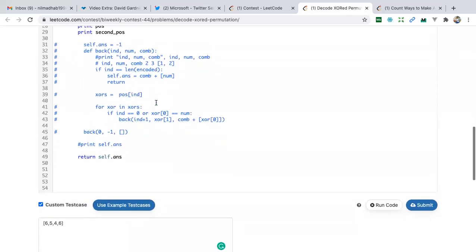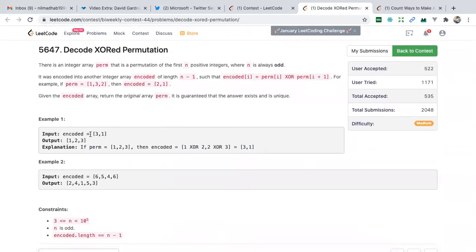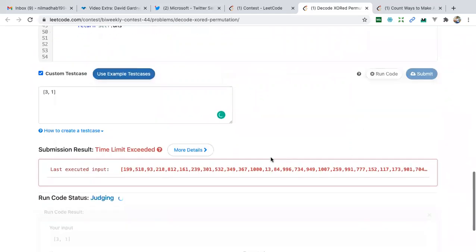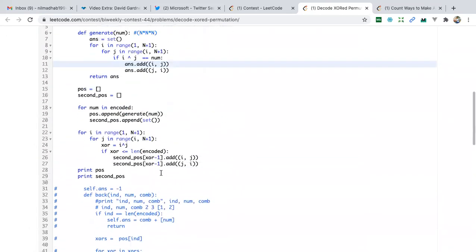Anyway, the competition has ended, so we could solve one question. Let's take the 3-1 case. Maybe we can figure it out with a small input. 3 and 1. Okay, in case of 3-1, we should get 1-2-2-1 and 3-2-2-3. But in our case, we are getting only 3-2-2-3. Okay, so I think we have to do like